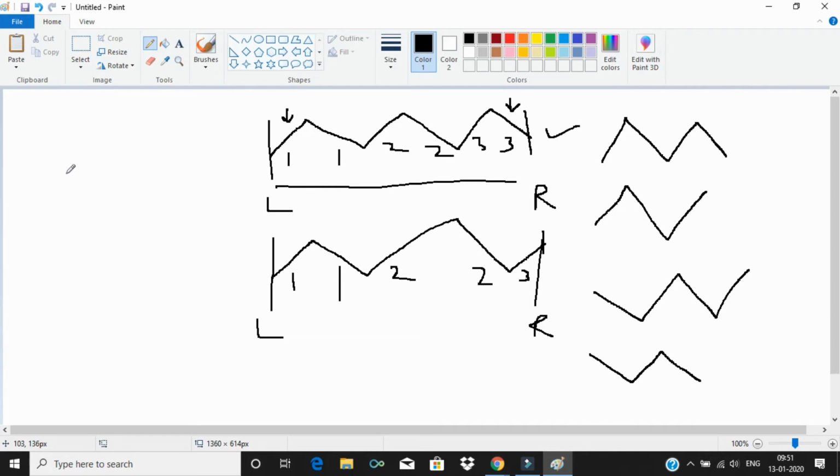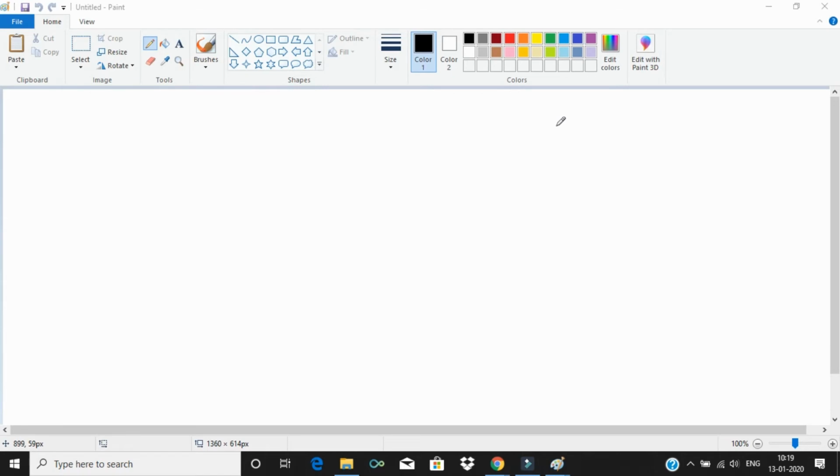Let's discuss the approach, how we can code this problem. Now let's see how we can implement the discussed approach in coding. Actually, we only need to check the elements at L and L plus 1, and at R and R minus 1. This is all we need to check during coding. Let's say A is the array, and A at L is found to be greater than A at L plus 1,